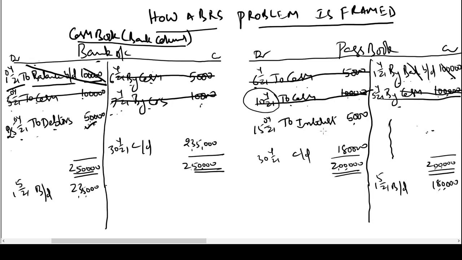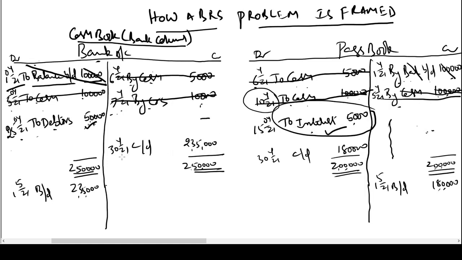But if you observe, in the passbook, there is a debit of 5,000. Interest, the bank has charged some interest. Debit in the passbook is a withdrawal, but there is no corresponding credit in the cash book. There is no corresponding withdrawal record in the cash book. So this is one of the reasons for the difference.